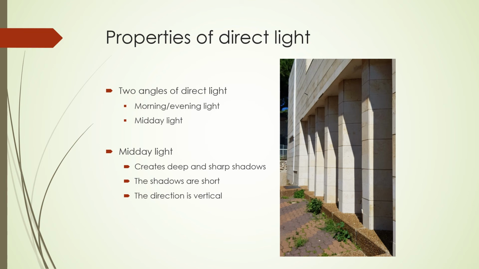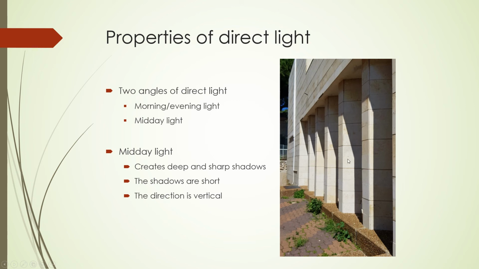Okay, the midday light creates deep and sharp shadows. Deep meaning they are very dark compared to the bright parts. And we saw in the previous lecture it can create burnt spots. So here in this picture there are no burnt spots. Well, here there are little details, but everything is more or less